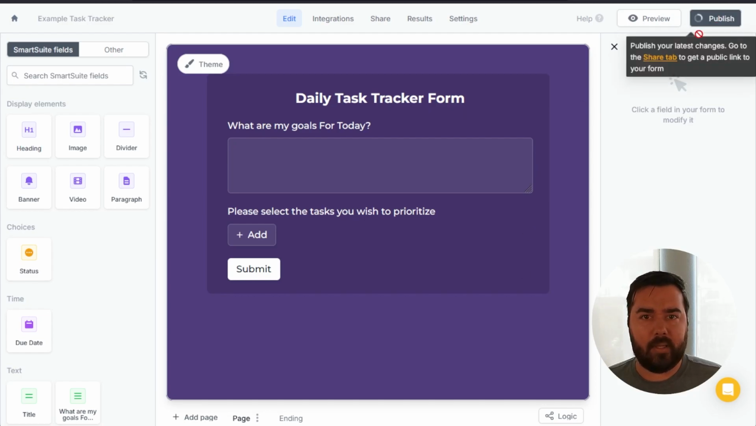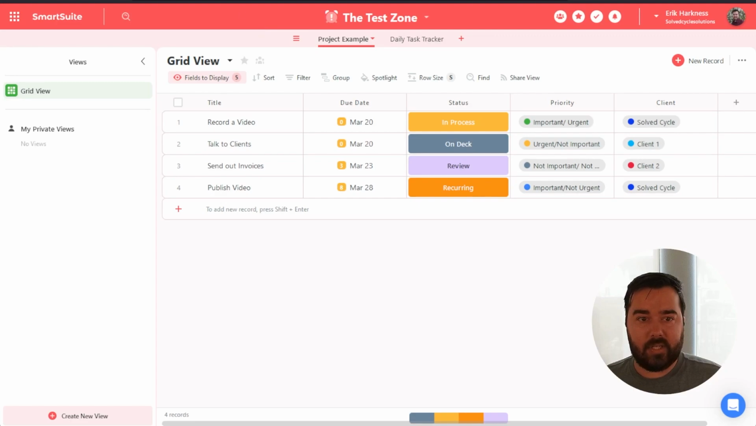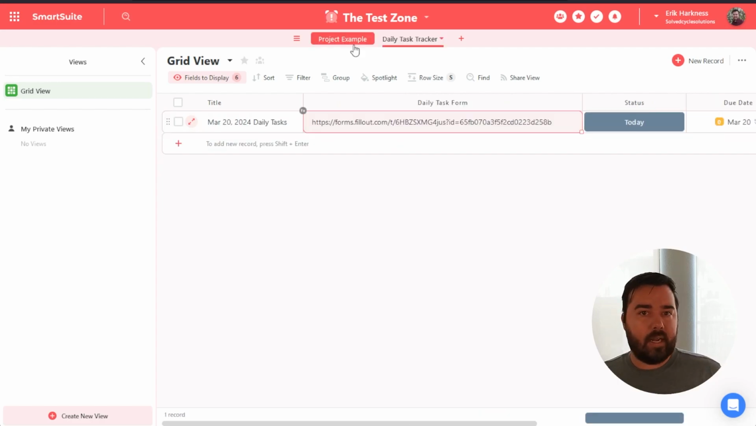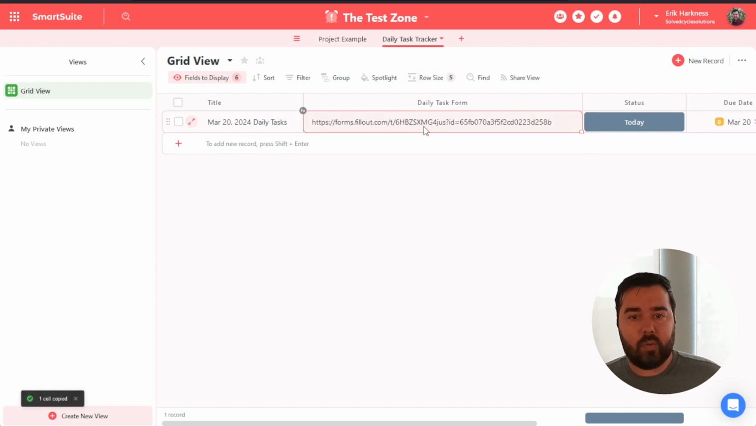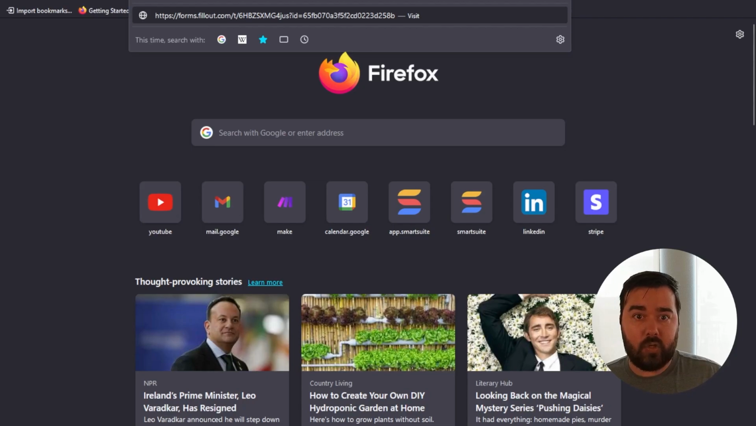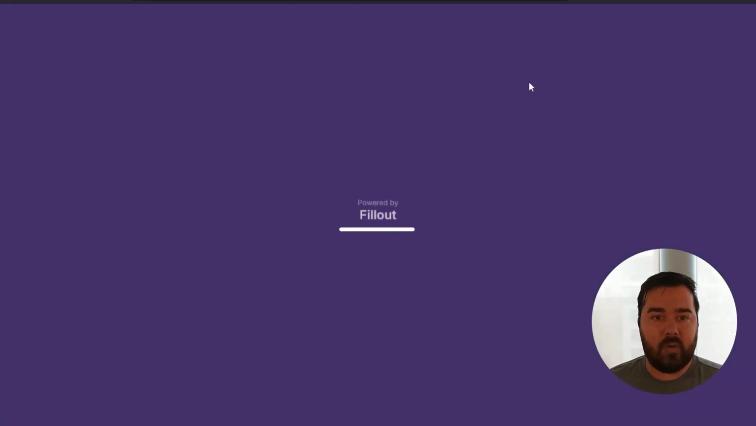So I'm going to hit publish. Say I'm looking at the specific form here. Let's say I've already knocked out the recorded video, so I'm going to hit complete. Now we've just updated that complete task. I'm going to pop into the daily task tracker, copy the Fillout URL that we have here, and then I'm going to paste this in a new